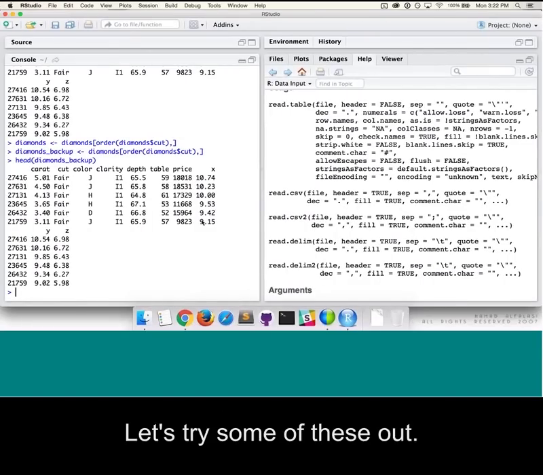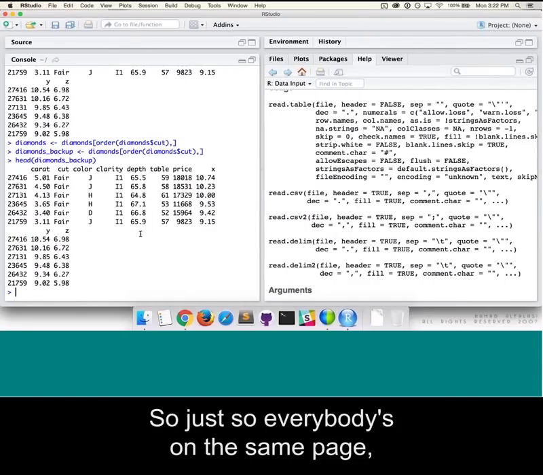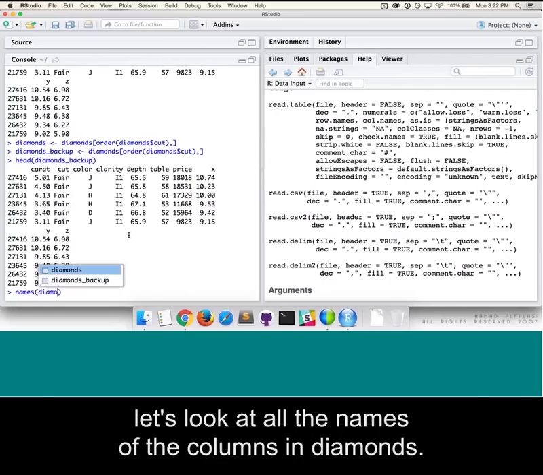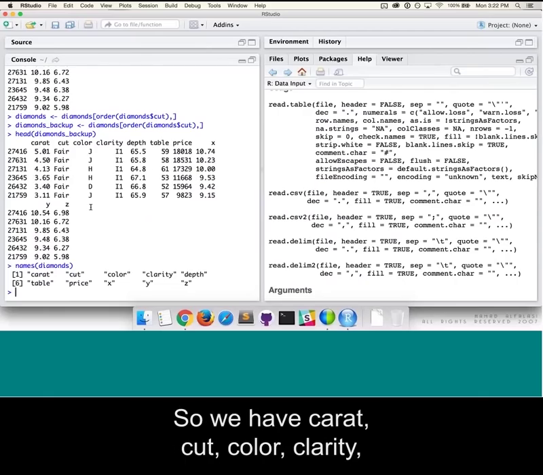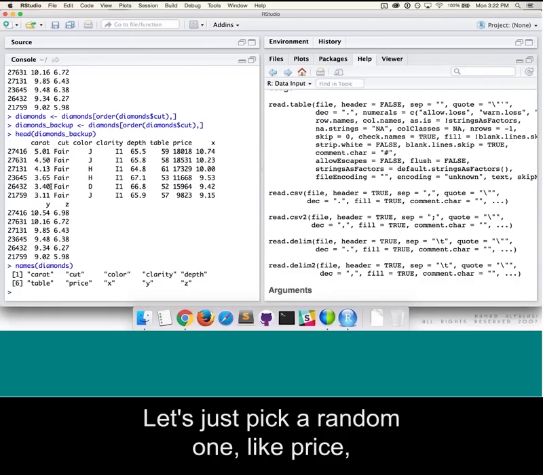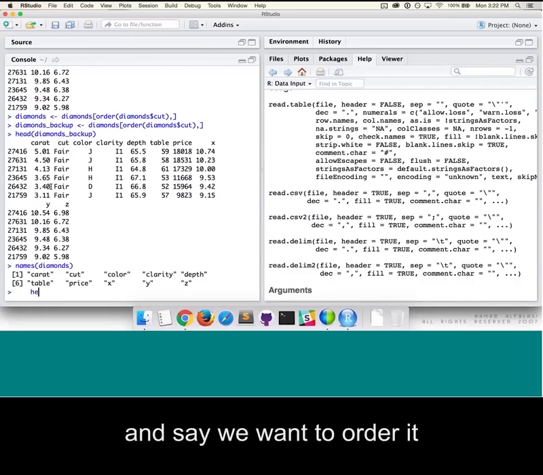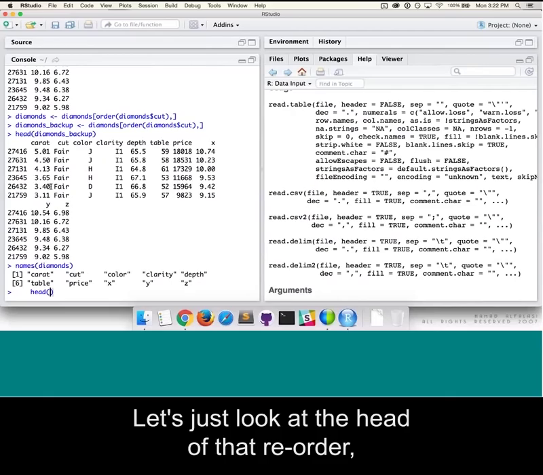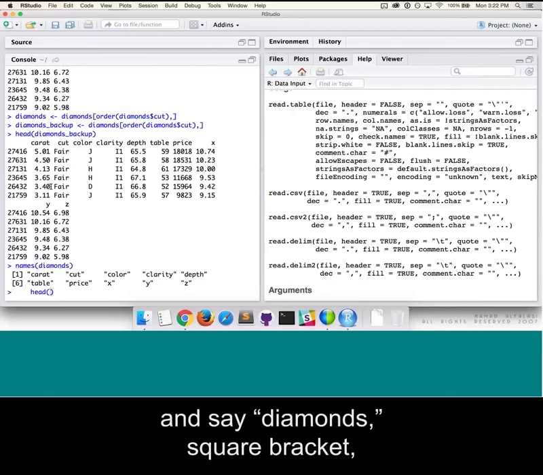Okay, let's try some of these out. So just so everybody's on the same page, let's look at all the names of the columns in diamond. So we have carat, cut, color, clarity, depth, table, price, X, Y, and Z. So let's just pick a random one like price and say we want to order it. So like, let's not reassign a new value. Let's just look at the head of that reorder and say diamonds,